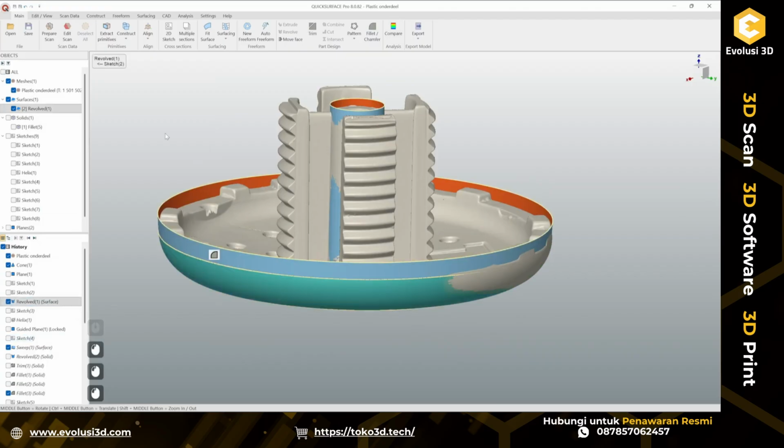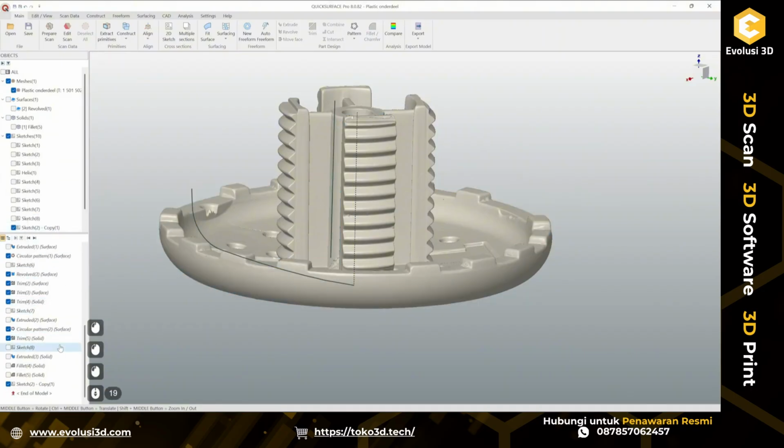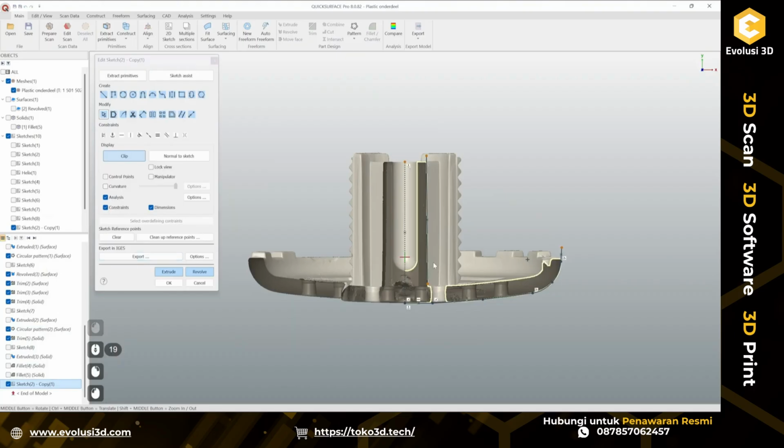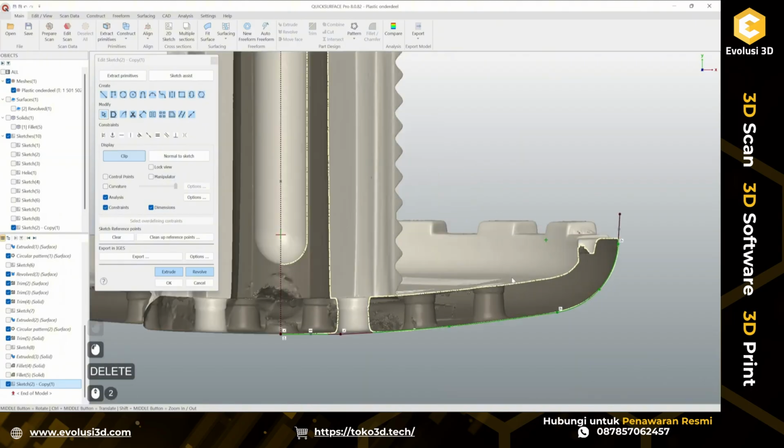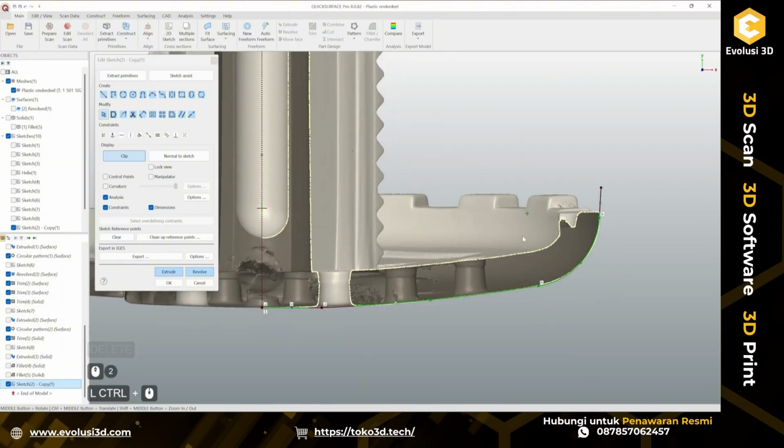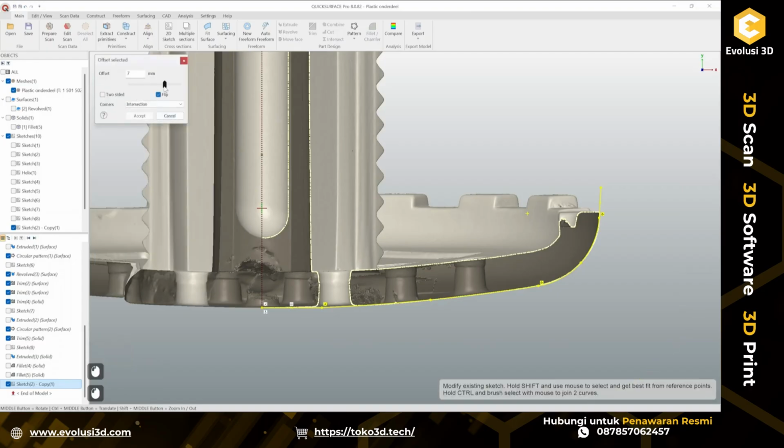and this revolve used sketch 2, so I'm just going to duplicate the sketch and edit this, because I already have created the proper sketch for this, and just get rid of this inner cone. And from here I'm going to select all these entities and say I want to offset them, flip it,